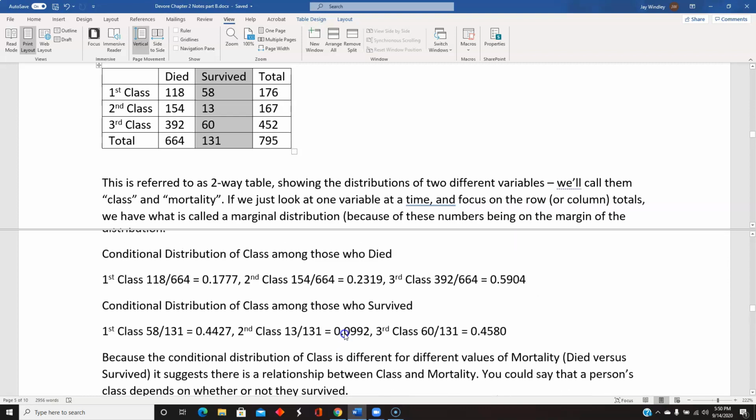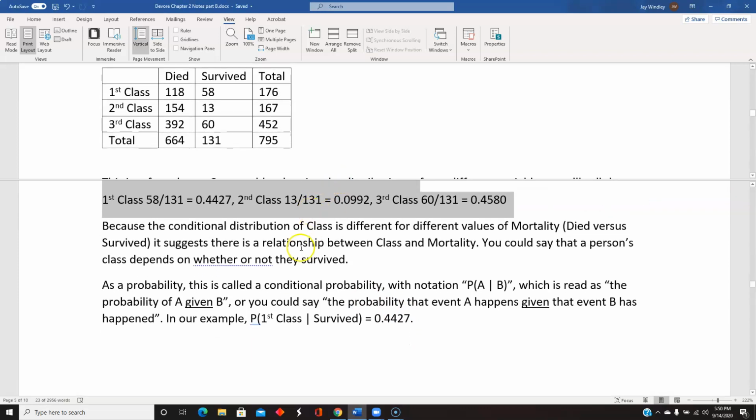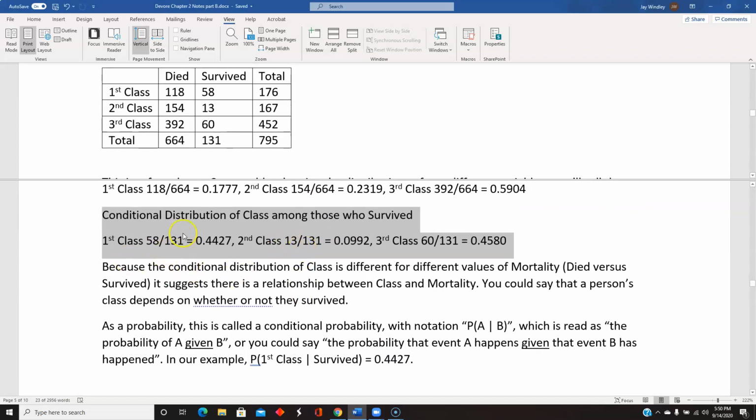So let me go back up here. Among those who survived, the probability of first class is 44.27. So the probability that someone is in first class, given that they survived, is 44.27. Another way of looking at that is, let me move this split up just a little bit. Another way of looking at that is that